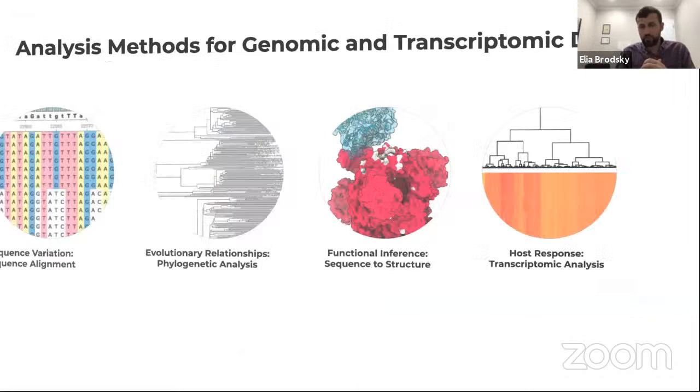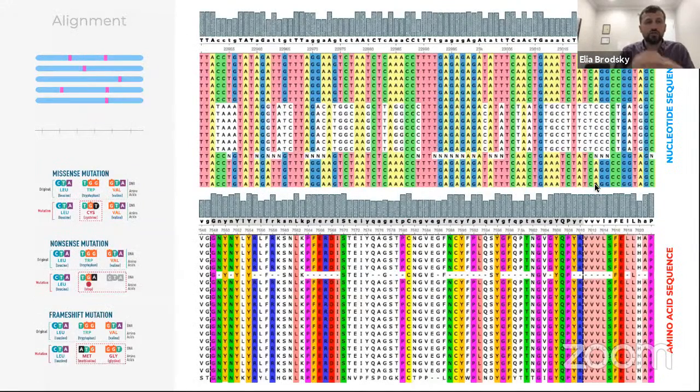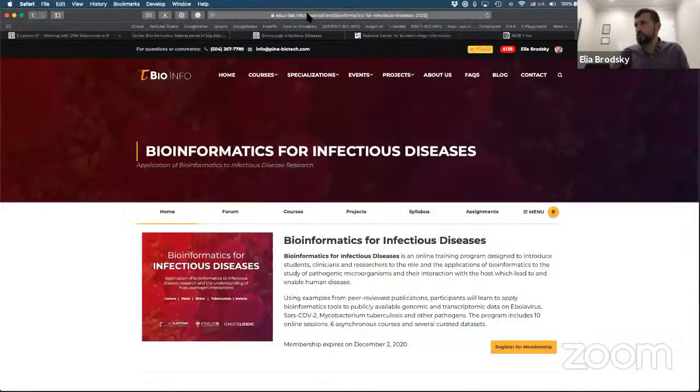In this program, we will talk in different sessions about sequence variation, evolutionary relationships, functional inference from such differences, and the response from the host. That gives us a good overview of host pathogen interaction, but we will go into other examples as well. So let's talk about how we can do alignment, multiple sequence alignment. Let's go to the platform. Please follow with me to